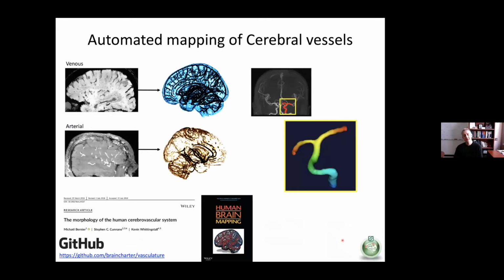So the first thing we did is went on Google and said, well, let's find a way to segment blood vessels, and really couldn't find anything. So we started slowly but surely developing some software that would take whether it's a brain image tailored more towards the venous side or the arterial side, and try to segment these blood vessels. The first attempt at doing this was published a few years back, and the code is available online if you want to play with it.